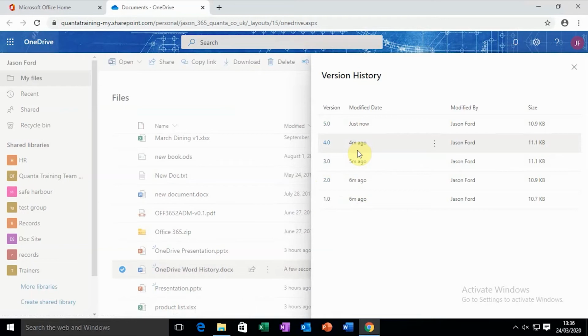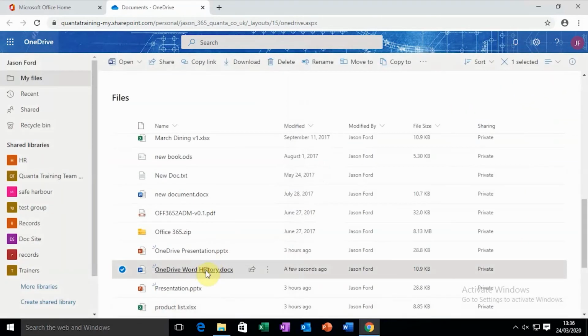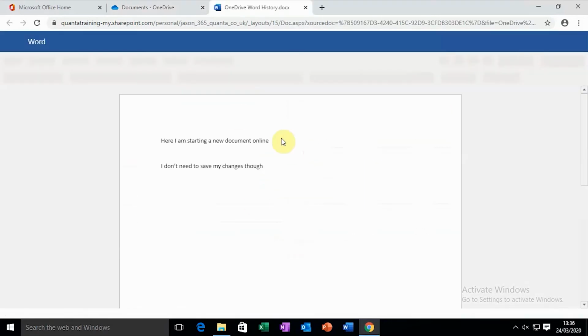Don't get too caught up in the version numbers, and also don't worry too much about keeping the number of versions that you have down. By default, it will keep 500 versions of any of your documents, which is loads. If you were working on a document constantly, it saves roughly every minute or so. So you'd need to be working for 500 minutes continuously to actually reach that limit. So you're unlikely to get anywhere near it. And it's good to be able to roll it back or look at how a document was at different points in time. However, what I've now got, if I open up OneDrive Word History, I should see, there we go,